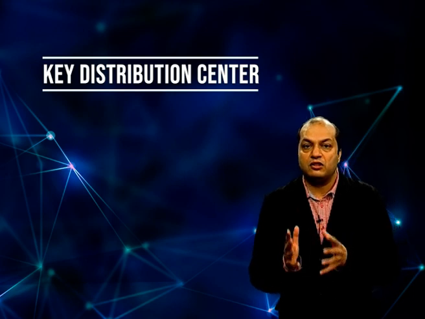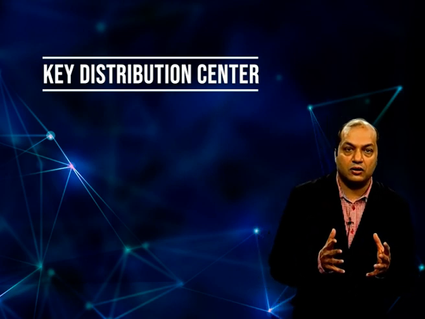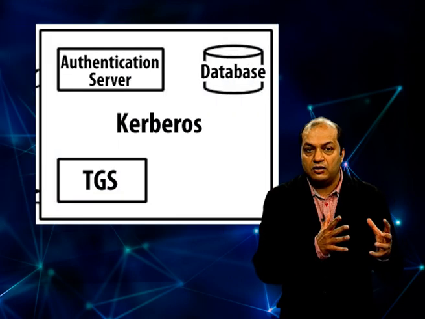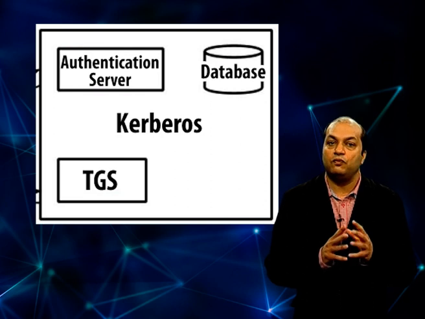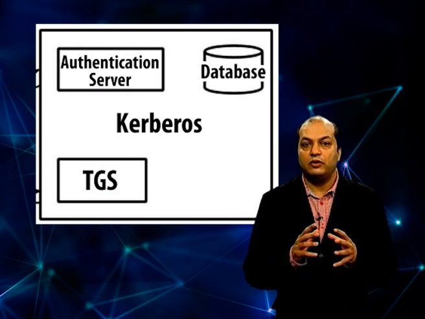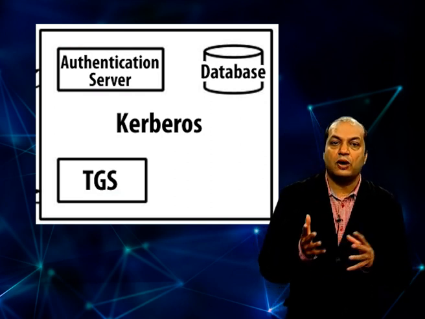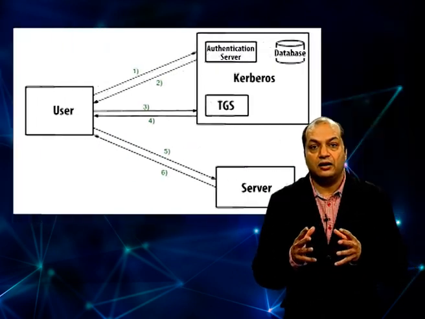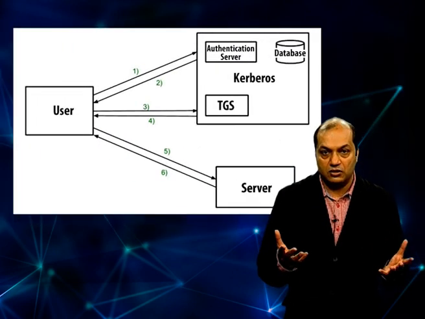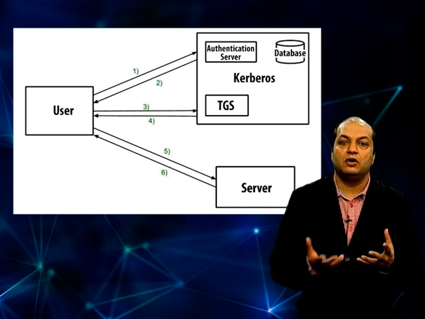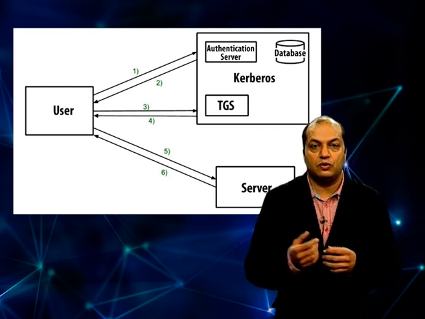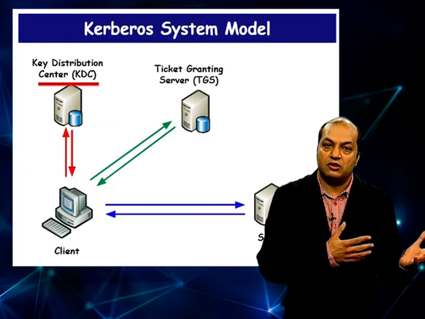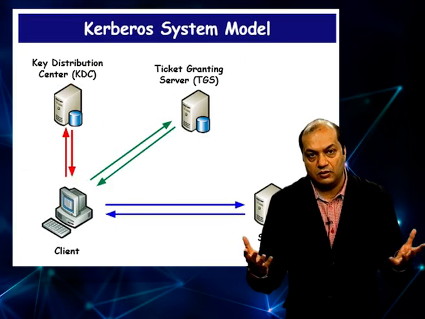The key distribution center, or the authentication server, and the ticket granting server reside in the same system, but their responsibilities and tasks are very different. It is always predefined who is going to act where. The client is a person who requests a service and the server is someone who provides the service after verifying the client's request with the help of the key distribution center or the ticket granting server.